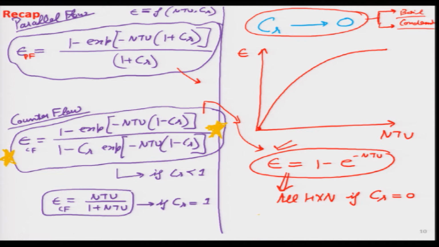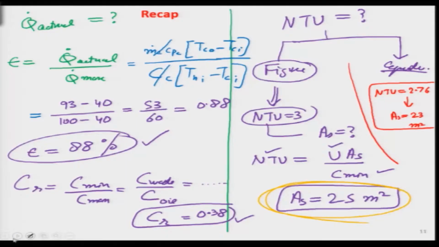After looking at the parallel flow expression, we looked at the counter flow over here, and we could come up with very interesting concepts like those special cases where the CR value would tend to be 0. You remember CR is the ratio of C min to C max. So, this would be 0 only when C max tends to infinity, and the heat capacity rate of a particular fluid would tend to be infinity only when phase change is taking place, either going from liquid to vapor or vapor to liquid. Essentially, all that is happening at a very narrow temperature range. So, we looked at certain examples over here.